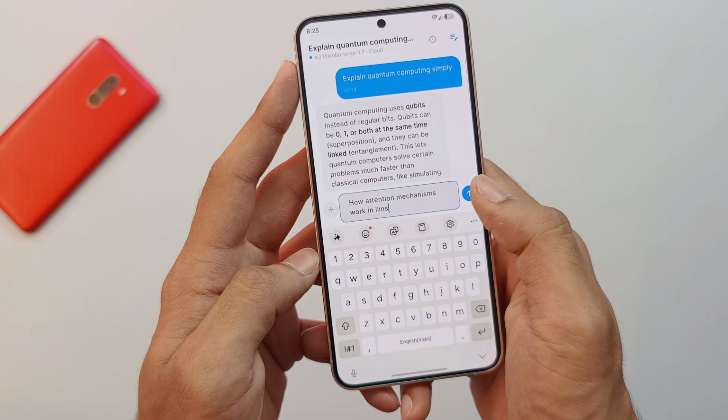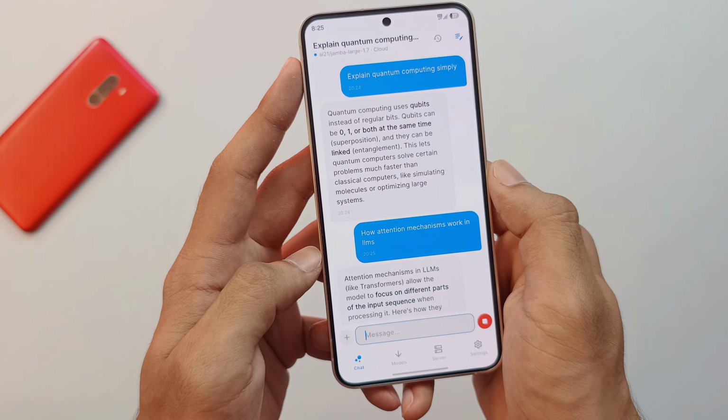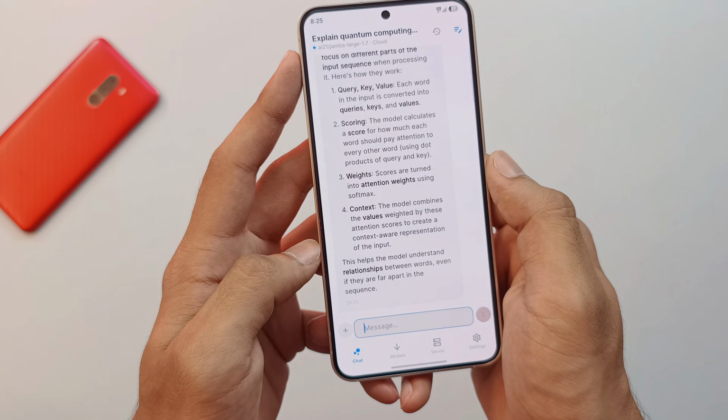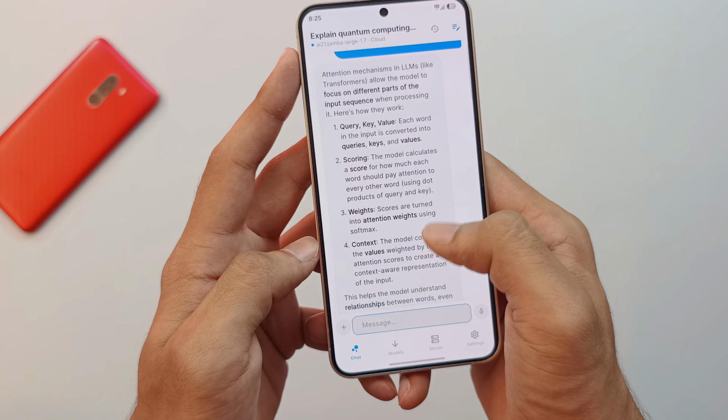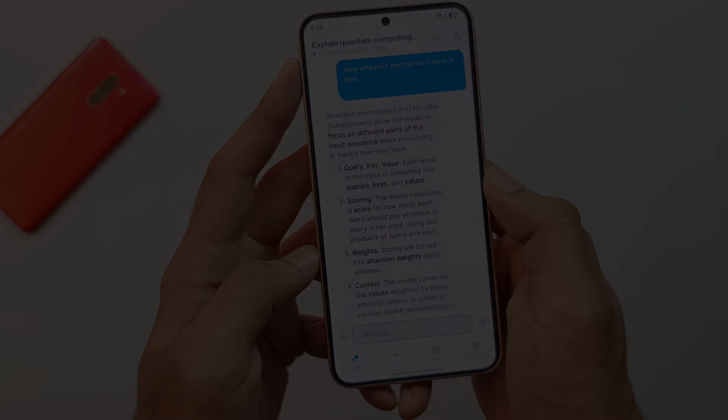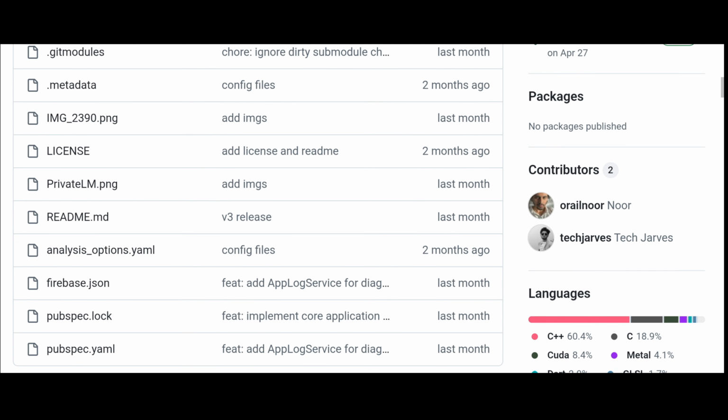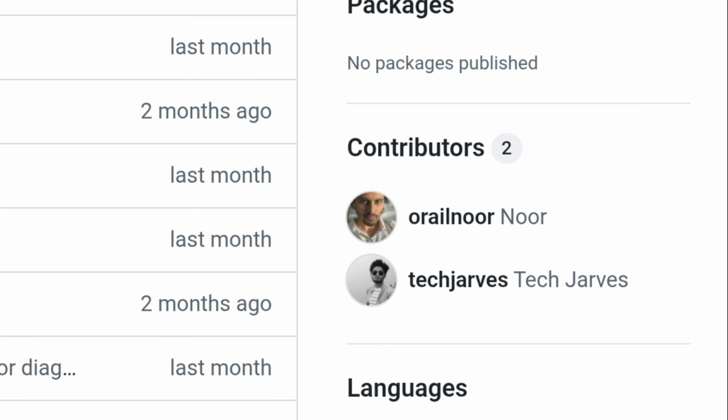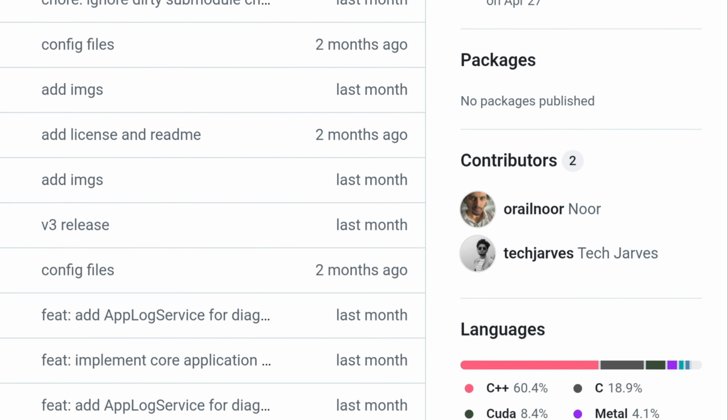That way, your conversations and your data stay fully private and secure, something a lot of other AI apps simply can't promise. So, a huge shout out to Oral Nor and Tech Jarvis for building this and making it completely free to use. Before you go install it, let me walk you through how to set up the models and